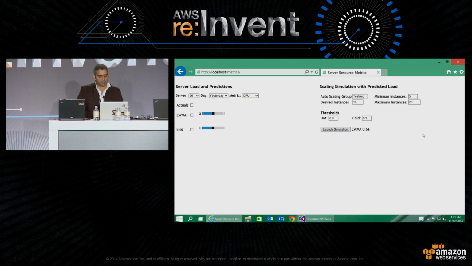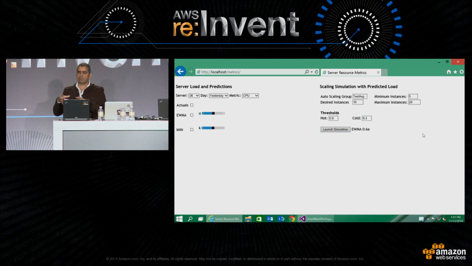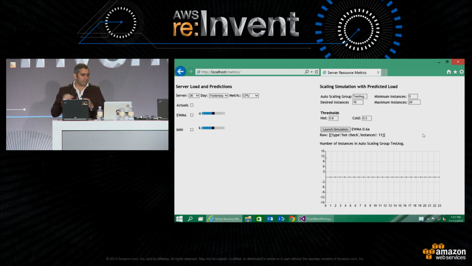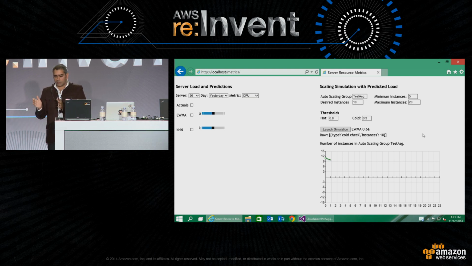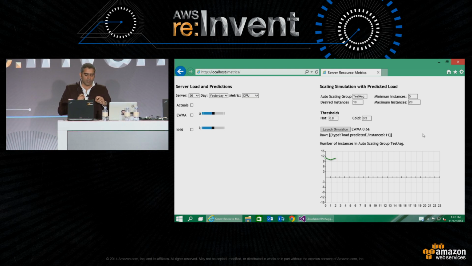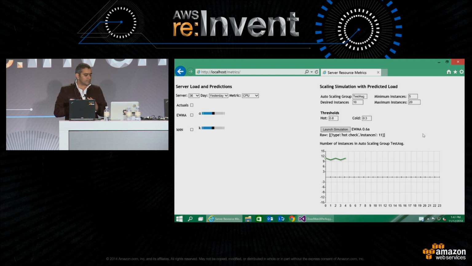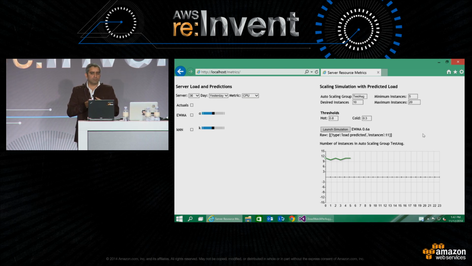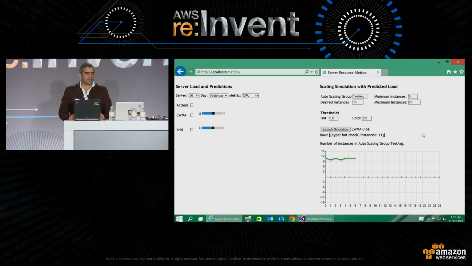So I'm going to kick off this simulation. It's actually using the same object model of how it would do that in AWS, but it is only doing it in the objects. It's not actually making the call, because I'm replacing the hourly scheduling time with 5 seconds. So what it's doing is, it runs 3 threads on the server side. One is to basically get the new predicted load and feed it into our model and say, hey, now the load is this much. And then it runs a couple of other threads. One takes care of removing an instance, and one takes care of adding the instance back into the auto-scaling group. But it is doing that before the application is going to be hit with a whole bunch of new requests.